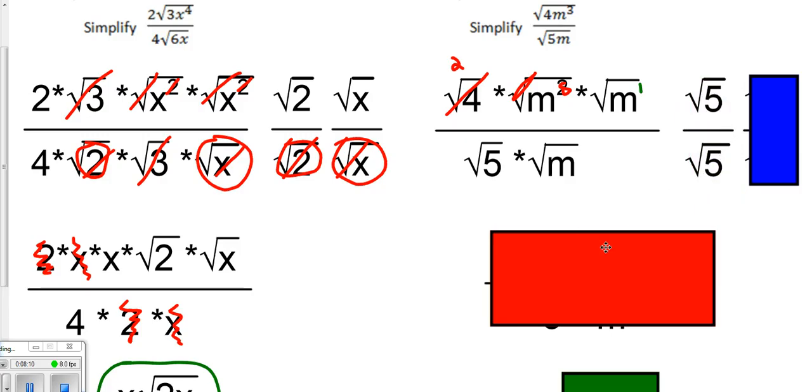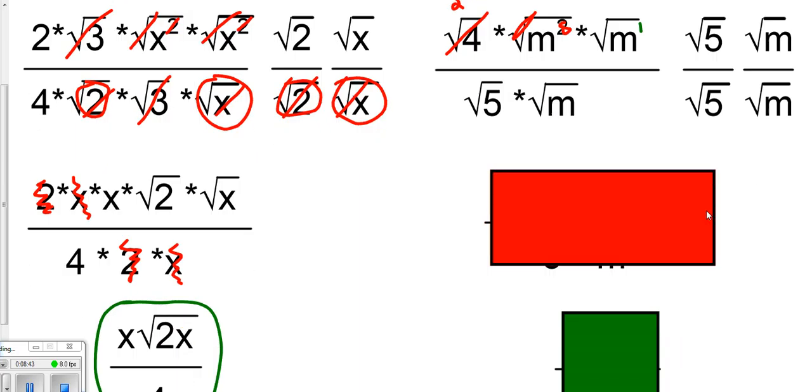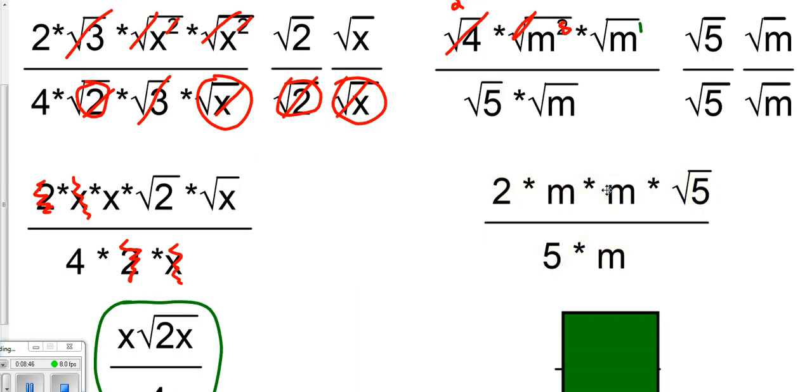We also need to make sure to get rid of this square root of m. Now, one trick is we could notice that square root of m is up here, and we could cancel those out and make things nice and simple for us. But let's pretend we didn't notice that and say, okay, to get rid of this square root of m, we need to multiply the top and bottom by square root of m over square root of m. Now again, you can always just cross it out from top and bottom, cancel them out. That would have been fine, but we're going to pretend that we didn't notice that and do times the square root of m on top and bottom. When we do that then,